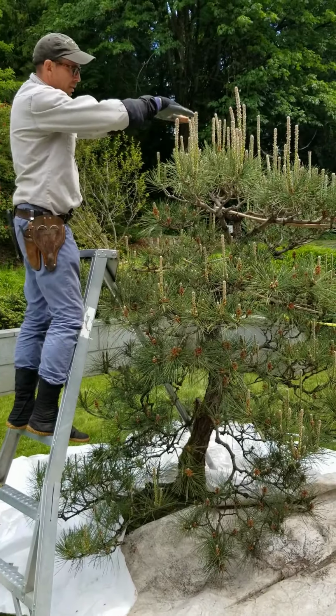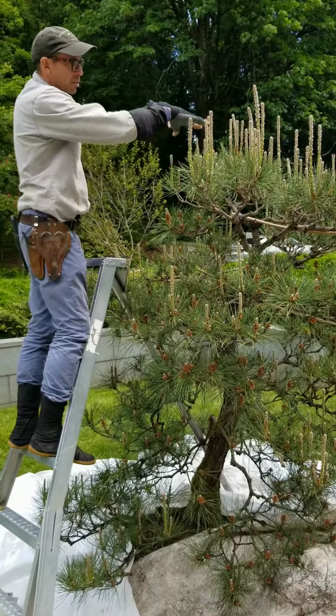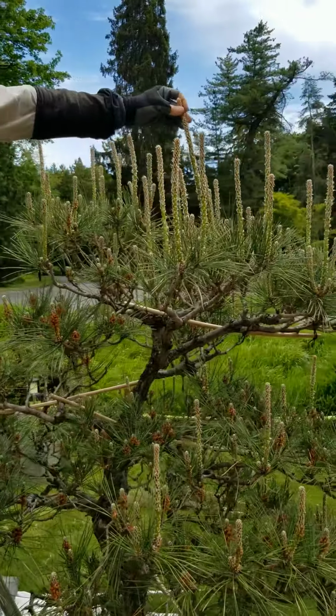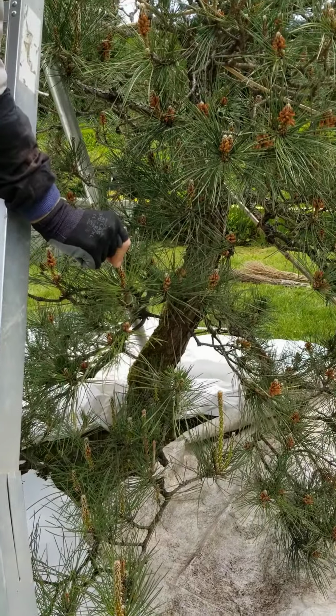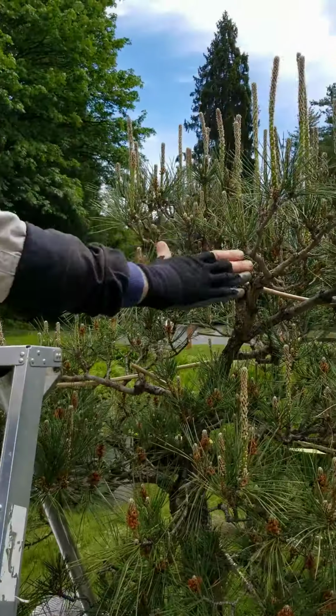I will almost always start at the top and the center. Two reasons. One of them is that the top of the tree grows the most vigorous and the strongest. If you look at the new growth up here, we have 18 inches of new growth. The lower branches down below, we might get 2 or 3 inches of the same new growth every spring. So the majority of the work that we're going to be doing is going to be in the top third